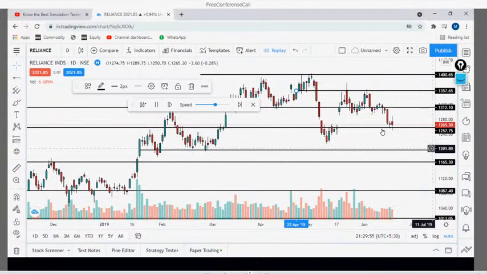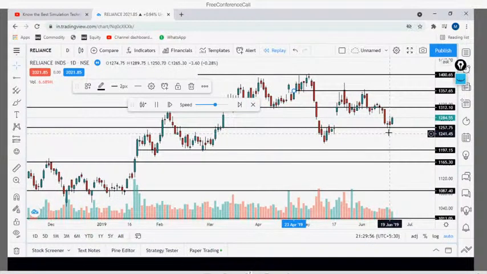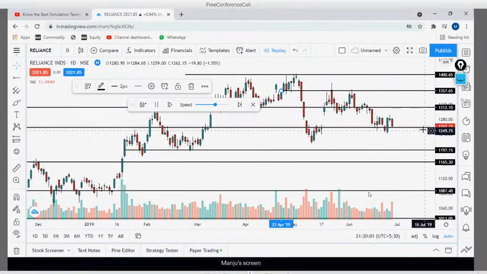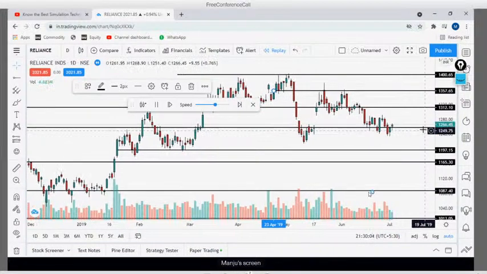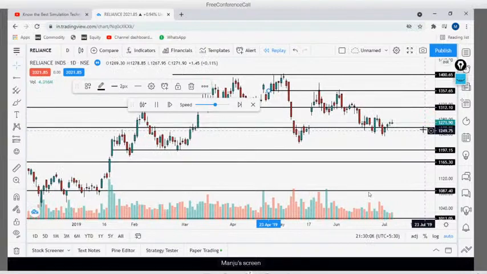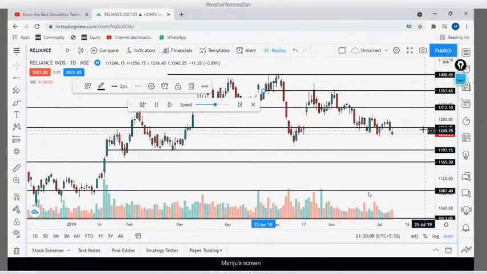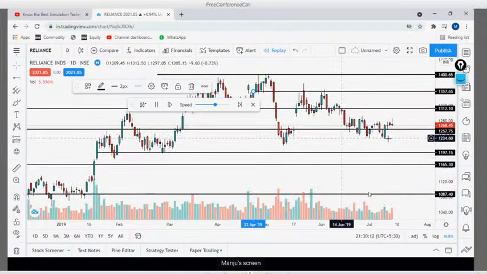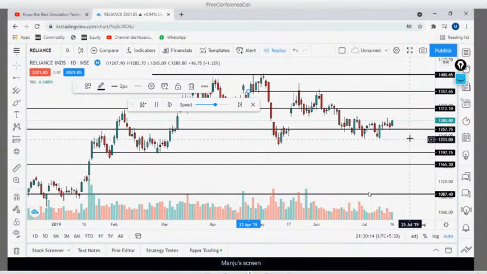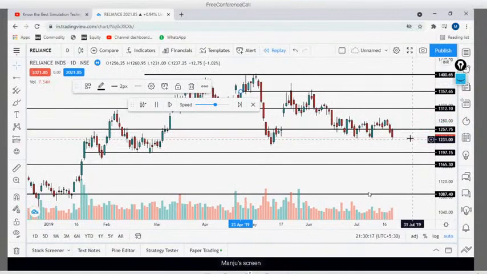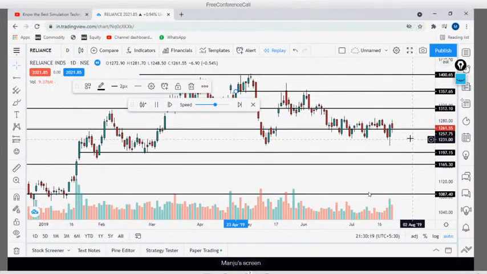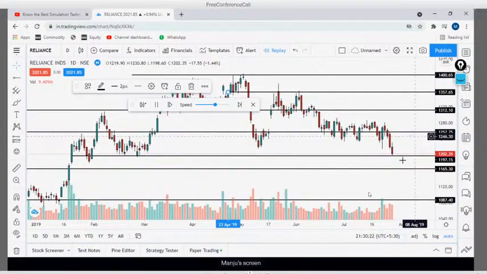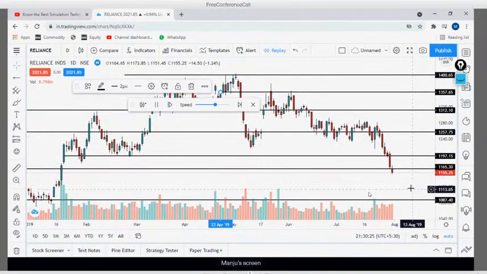Okay, see exactly near support how it is playing. If you understand these logics, right, it will become very easy to predict the direction. See how it is playing near the support only. See, it is not able to break the support, and it is still playing. See, once it broke, now it came down.